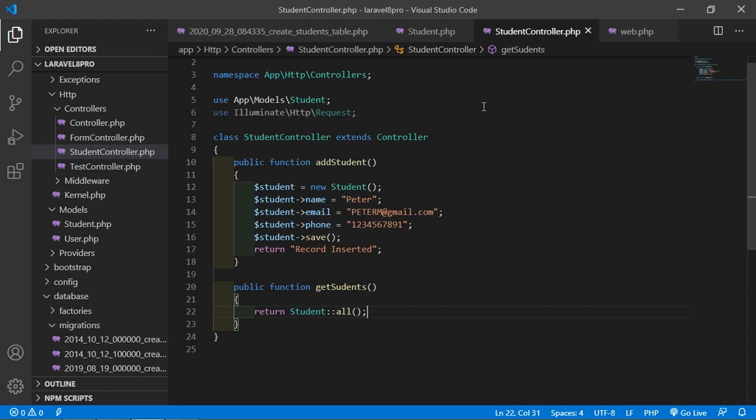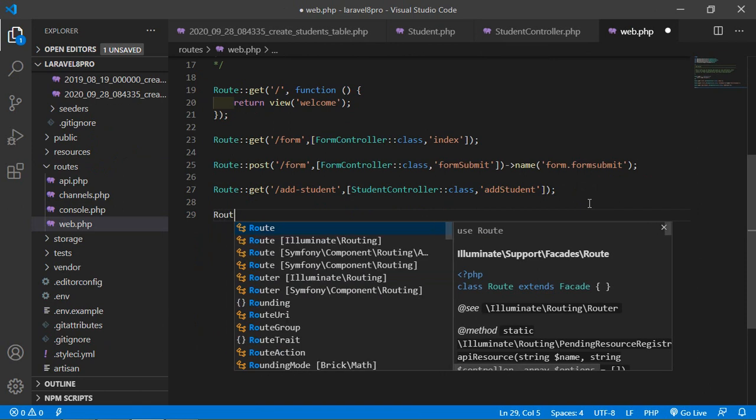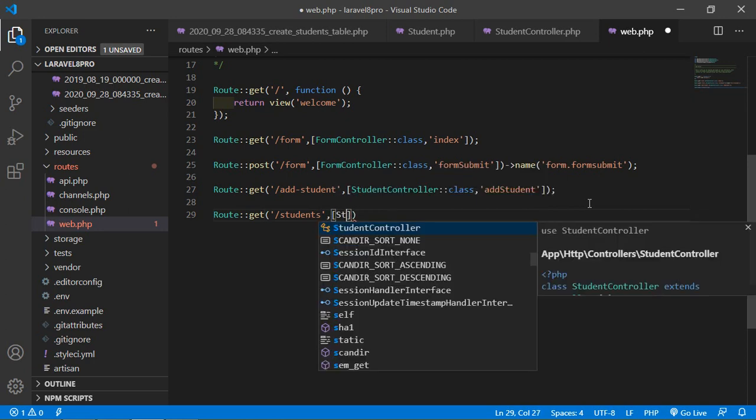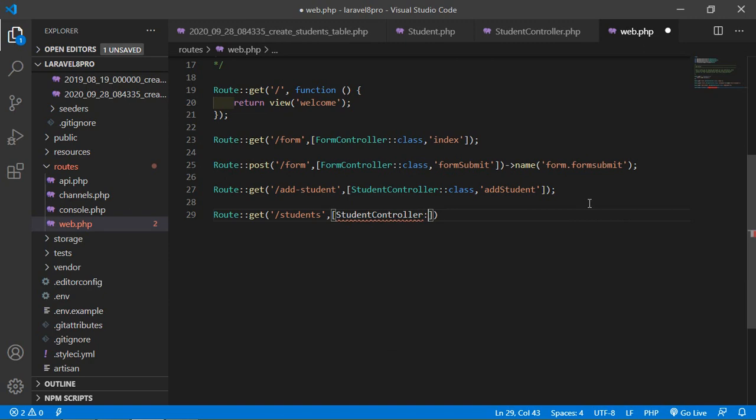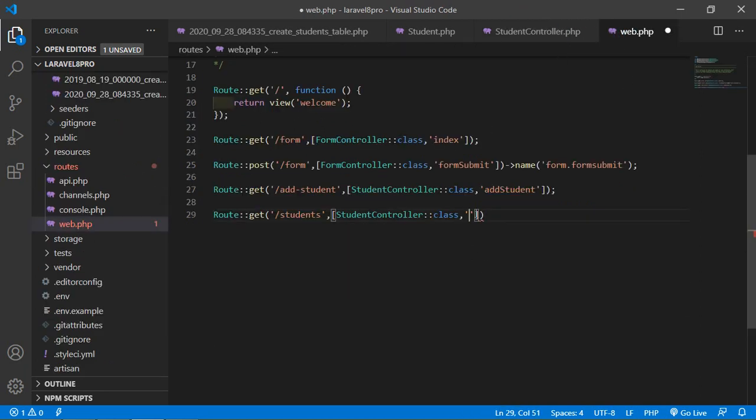Now save this file and just create the route for this function. So just go to the web.php and here just write route get, and inside this just add here the URI. Let's say URI is students. And in controller name StudentController::class, and add here the function name which is getStudents. So just copy and paste here.